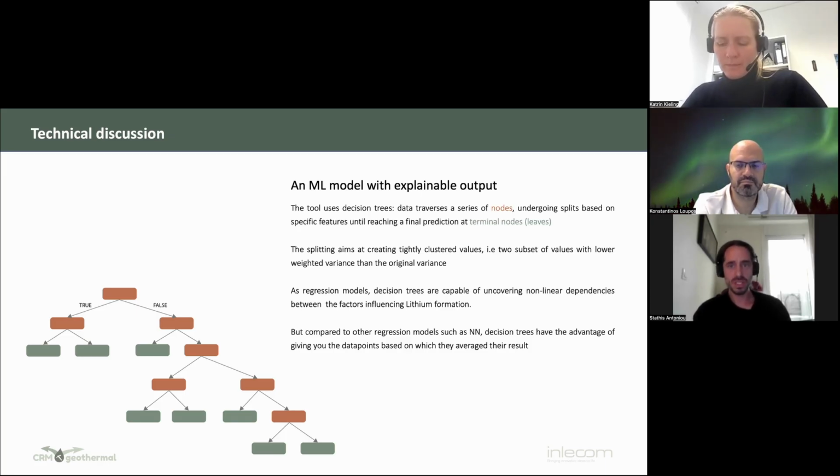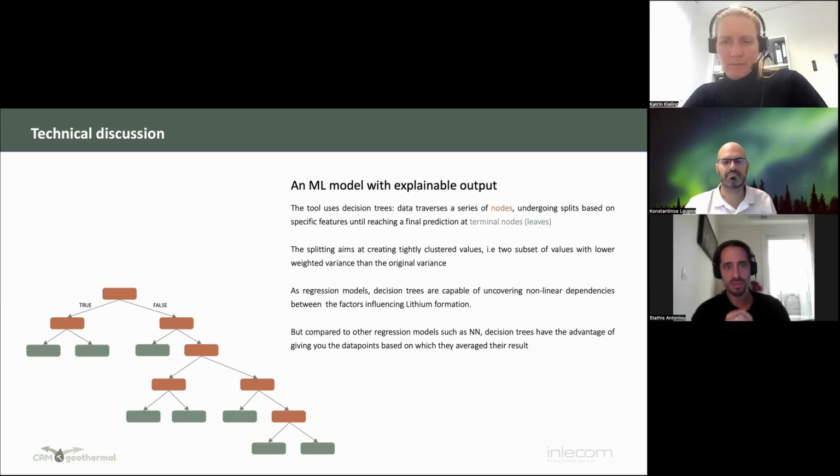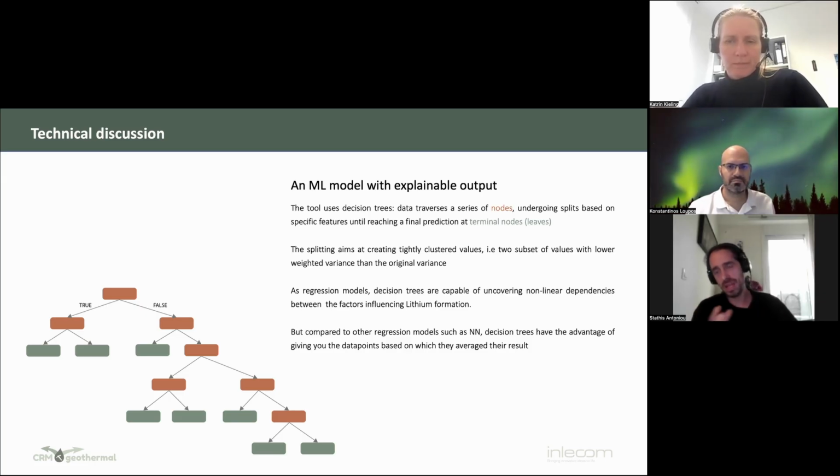Decision trees are models where the data traverse a series of nodes, seen here in the image, and the data undergoes splits based on specific feature conditions, if-then-else conditions, until they reach a final prediction or terminal node.